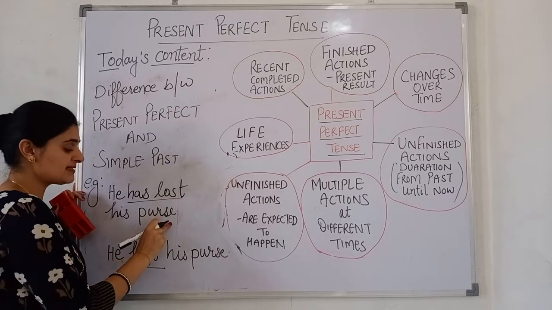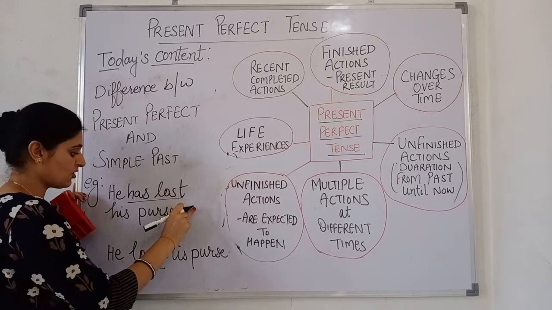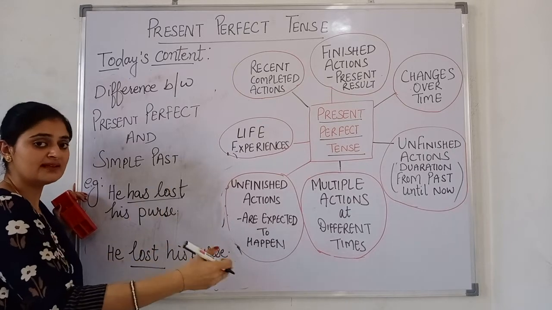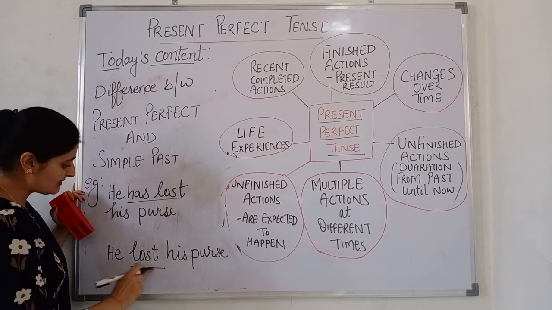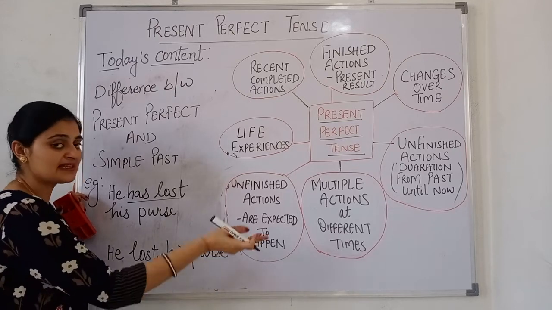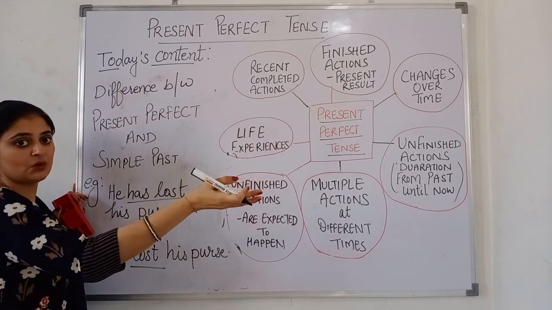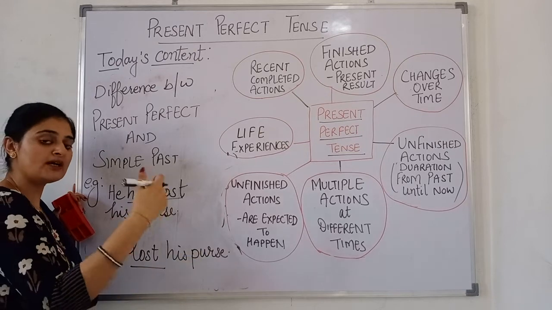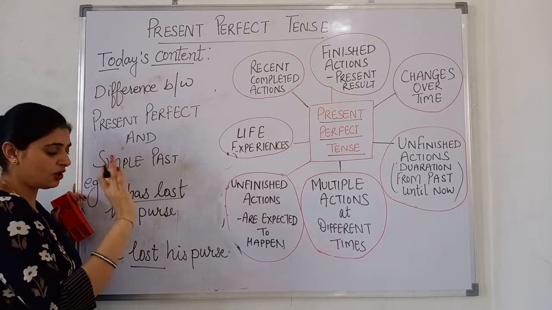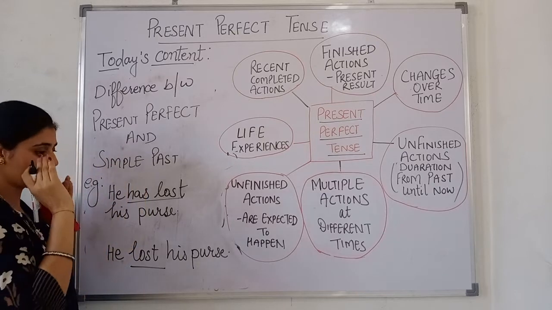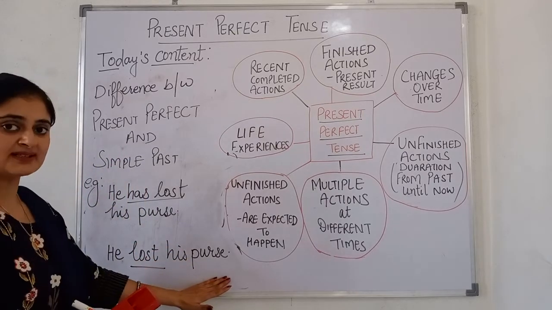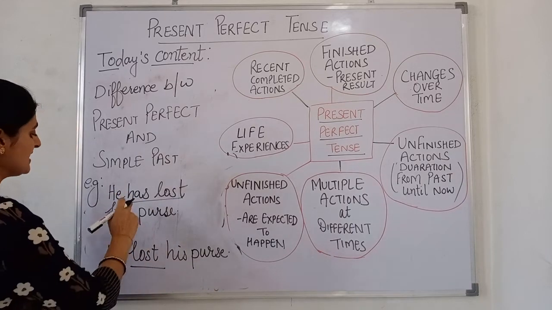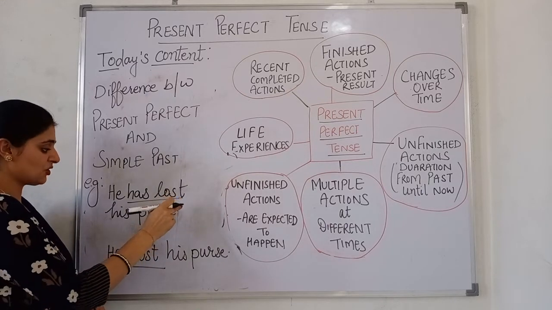He has lost his purse. It means recently he has lost his purse and still it is missing and he is unable to pay his bill, his fare. Okay? And what does the other sentence mean? He lost his purse somewhere, sometime in the past. Okay? It could happen that he got his purse back, or the thing got over, the action finished, that he stopped worrying about losing his purse. Okay? He purchased a new one and forgot his loss. Clear?